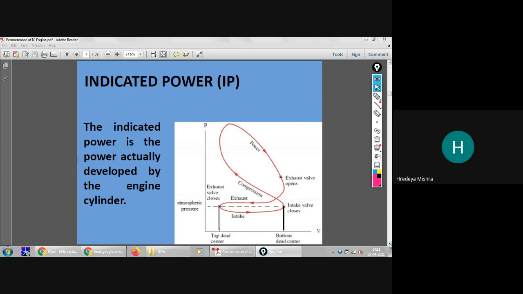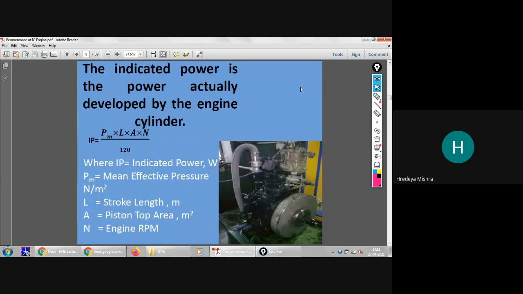So see here how we can calculate the indicated power. The indicated power is the power actually developed by the engine cylinder. So IP is equal to PM LAN divided by 120, where IP is indicated power in watt, PM is mean effective pressure in Newton per meter square, L is stroke length in meter,